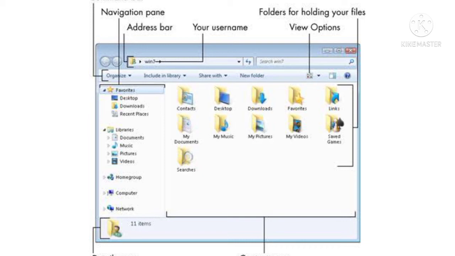For example, there are two folders named English and EVS on the desktop. Anu needs to save her EVS assignment file. She can save it in the EVS folder.